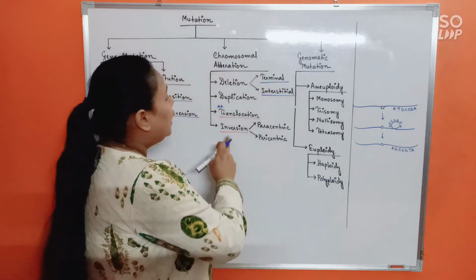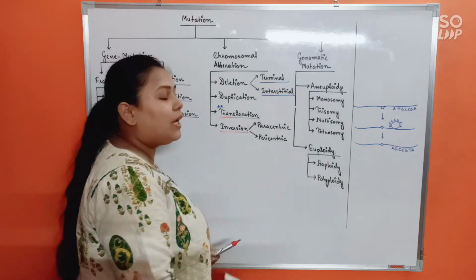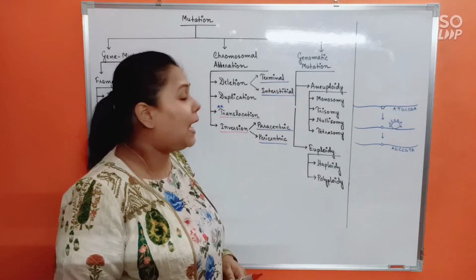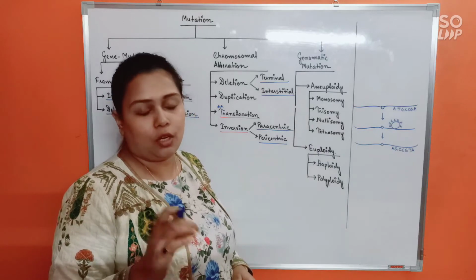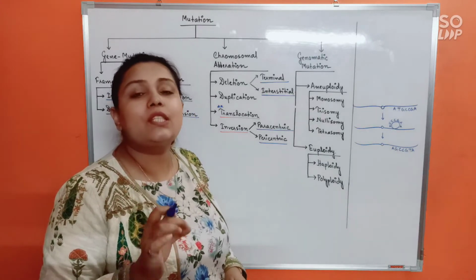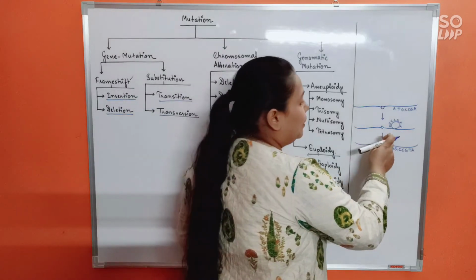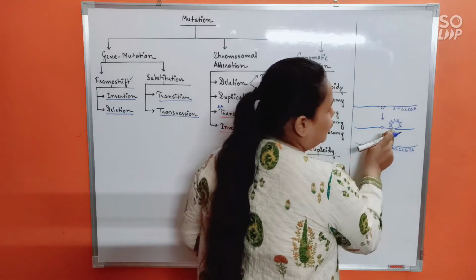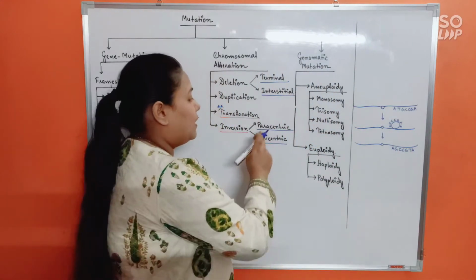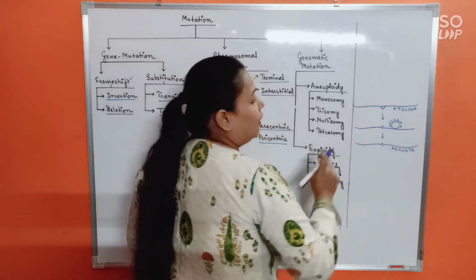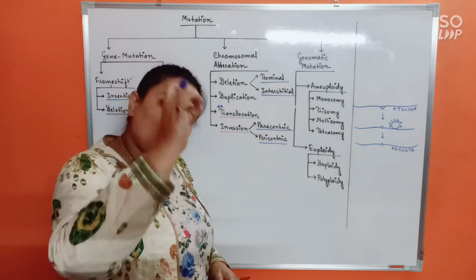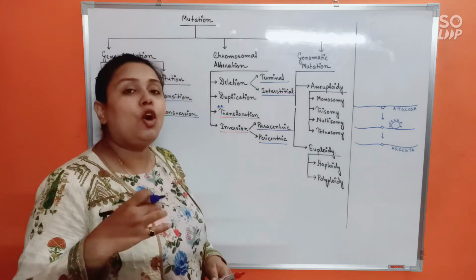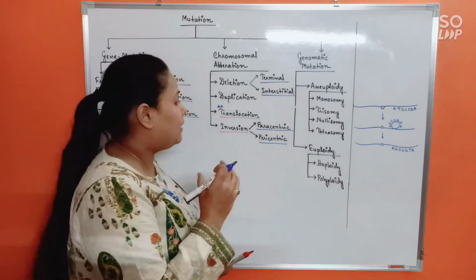Now, inversion can be of two types, paracentric and pericentric. The difference is that paracentric means a type of inversion where the centromere is not included. See, in my example, I have taken the inverted portion to be away from the centromere. It does not include the centromere, so it is paracentric. But if the inversion had taken place in a portion which includes the centromere of the chromosome, we will call it pericentric. Centromere not involved, paracentric. It is involved, so pericentric.